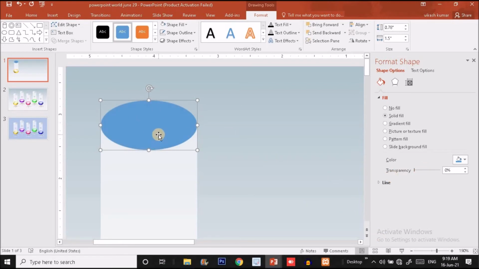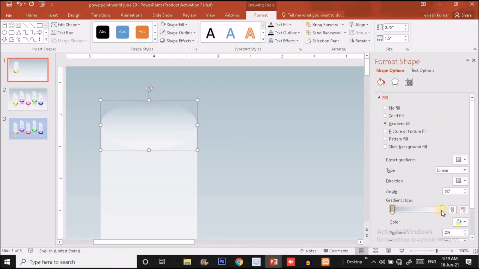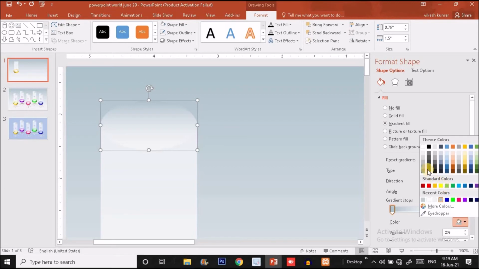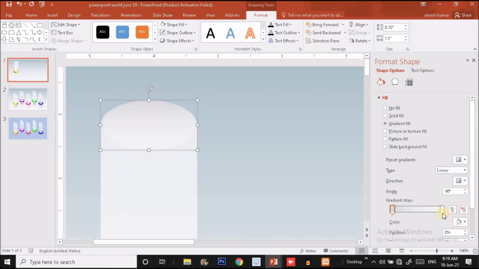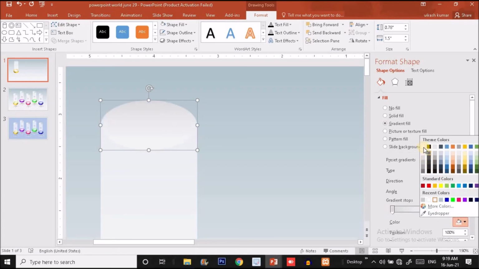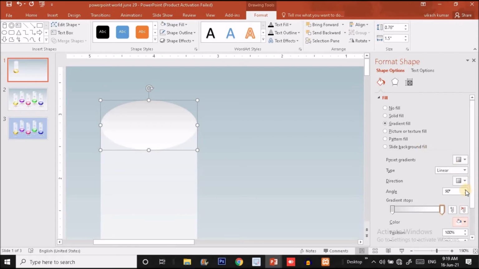So now I'm going to provide a gradient effect, gradient fill over the blue oval shape. So click on gradient effect, and here for the left handle I will use this color, and for the right handle I'm going to use white color. And now I'm going to change the angle, like I'm going to make it something like this.